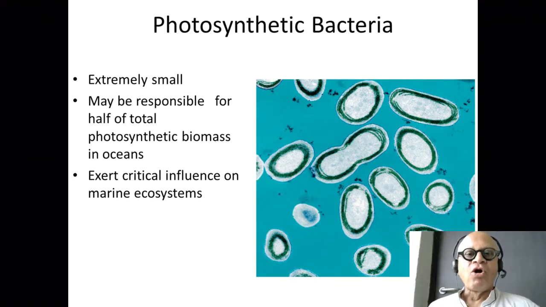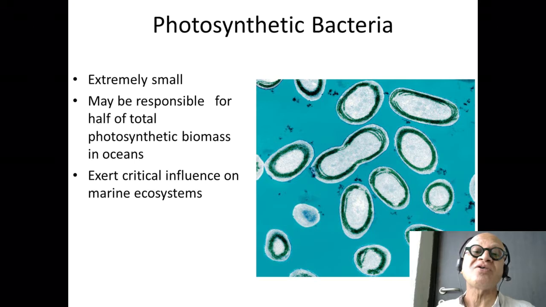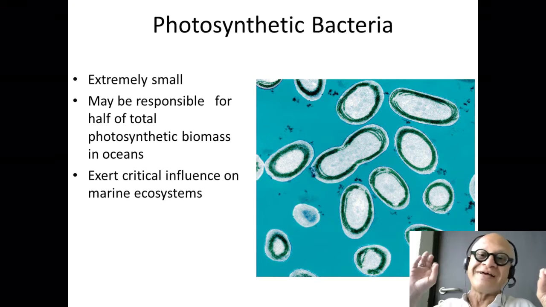Moving right along, I mentioned photosynthetic bacteria already. So they are obviously extremely small. Bacteria are always extremely small. And we will see something called allometric scaling later on, which means we want to know how the total biomass of some species compares to the total biomass of another species. So let's say you compare flies to elephants.